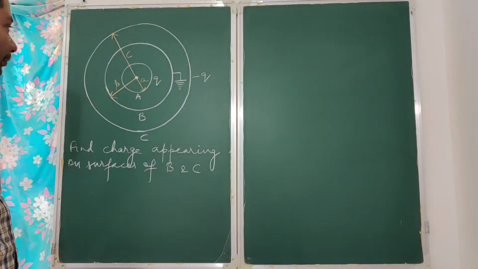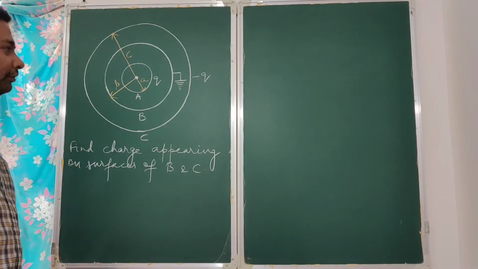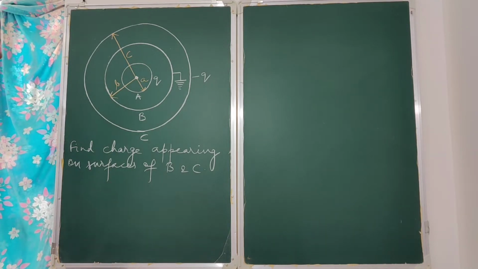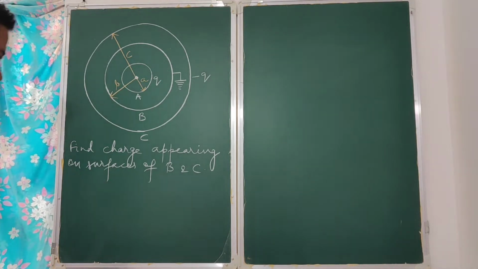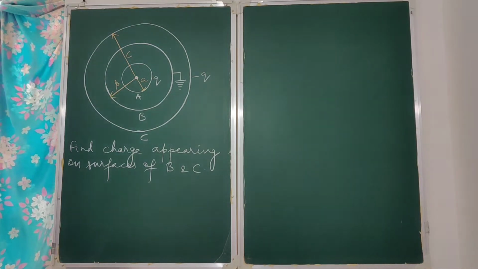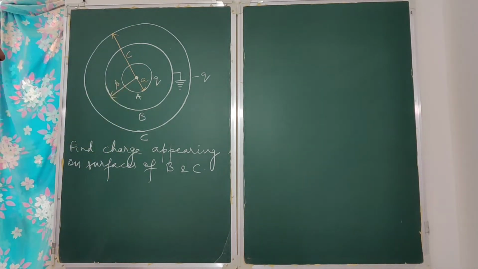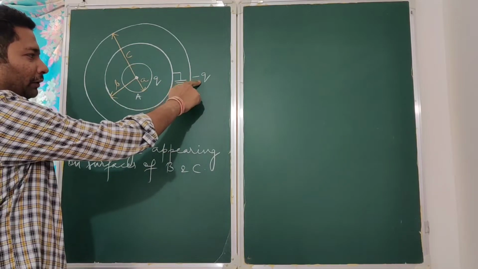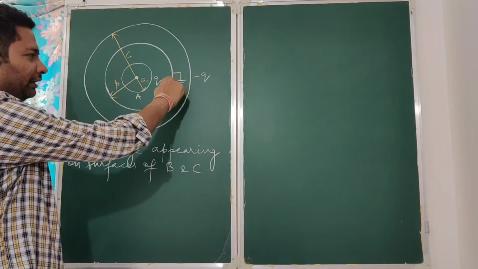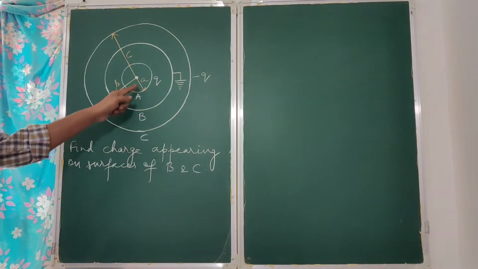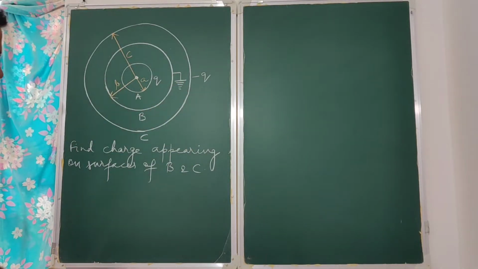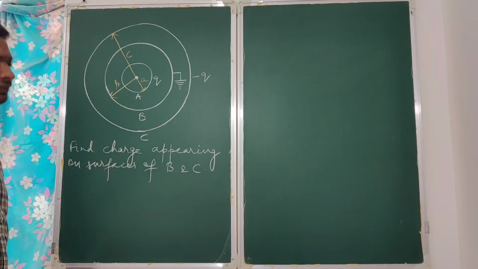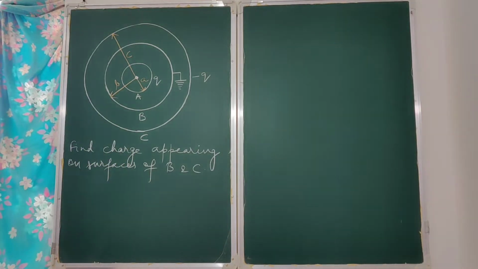Now we are taking a very important model question. I have taken this question from the worked example of S.C. Verma. The question is, we are having three concentric spheres. On the inner sphere, you have given charge Q. Outer sphere, minus Q. The middle one is earthed. The radii are different: A, B and C. They are asking us to find the charge which will appear on surfaces of B and C. So let us try to solve this question.